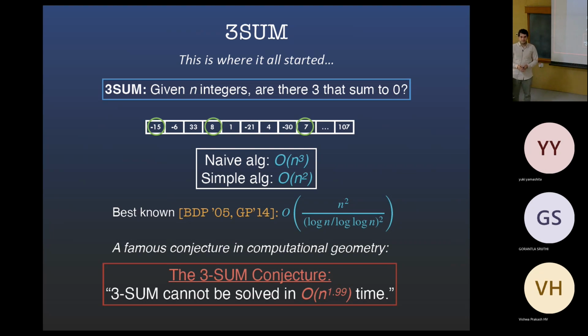N squared, are they hiding some log factor? No, actually, the n squared log n makes it simpler. You can also do it without the log, especially if you use randomness. If you don't want to use randomness, I think it can also be done, but it's a bit more tricky. So one thing you can do is, for all pairs of numbers, you take the sum and hash it. Then for every number, you look at its negative and look for it in the hash table. If you find a collision, that's a 3SUM.